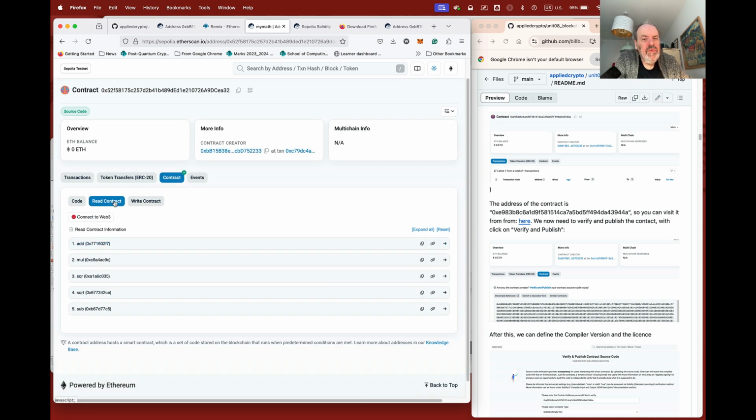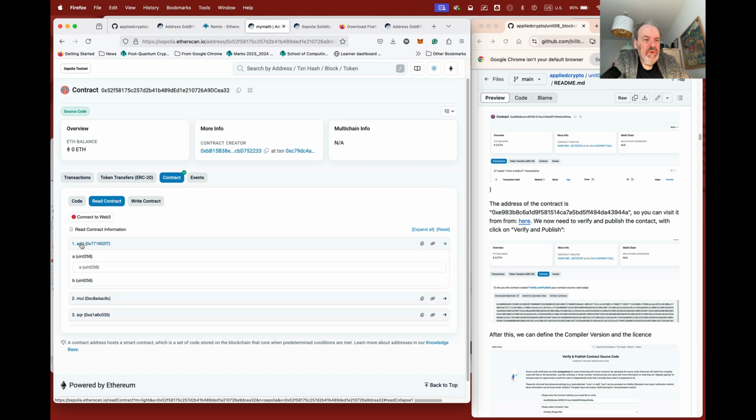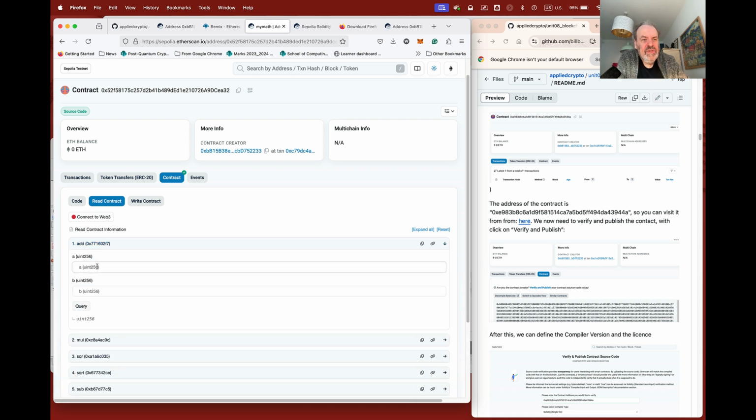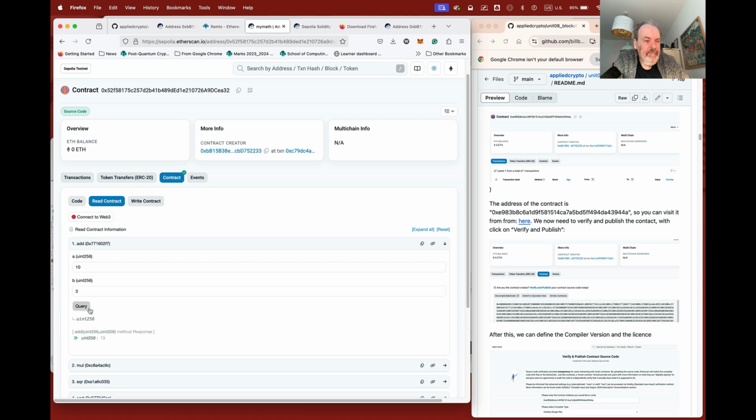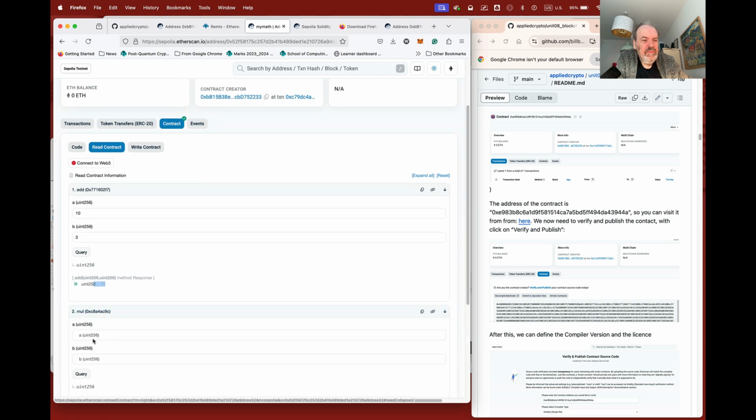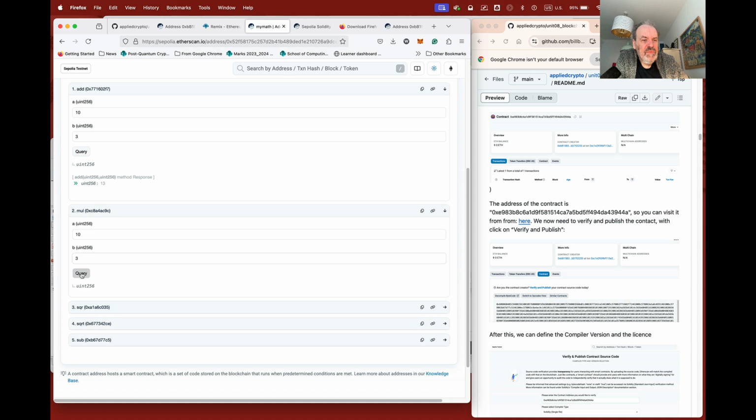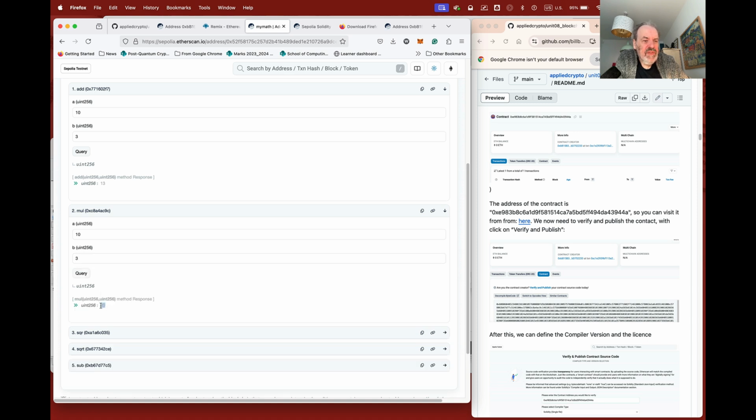So we'll go to our read contract and we'll try to see if we can test it now. So 10 plus 3, we'll make a query, and we get 13 there. So now we'll try to multiply 10 and 3, see what we get, and we get 30. Square root,